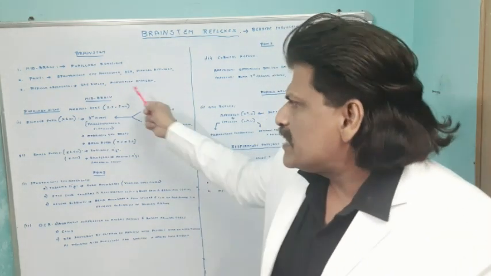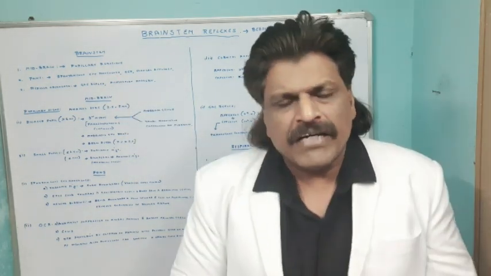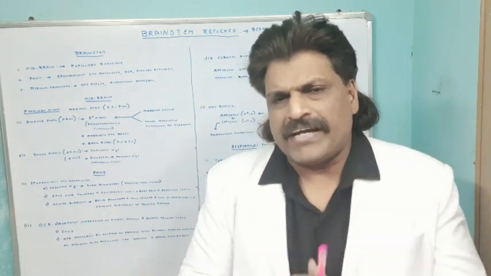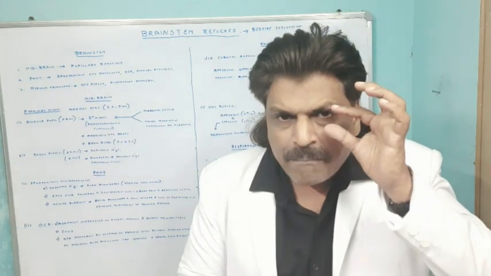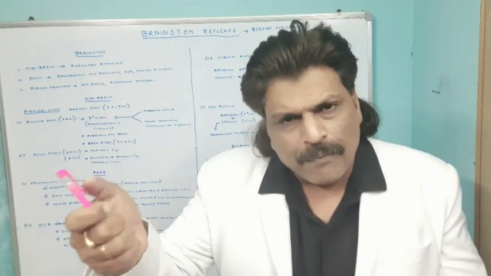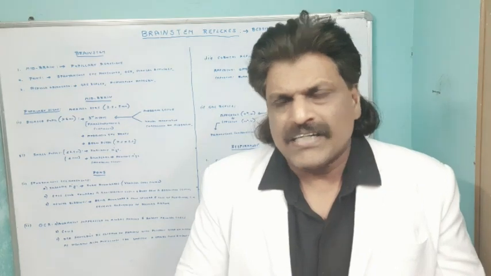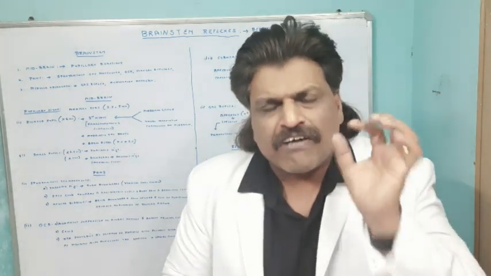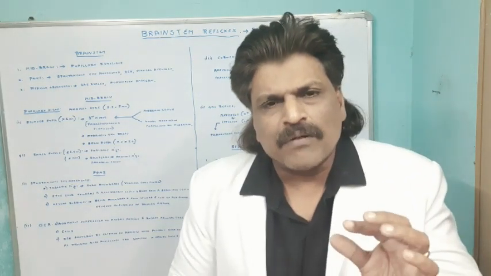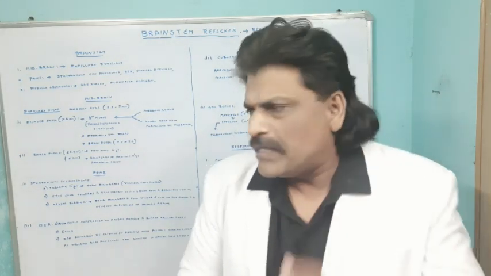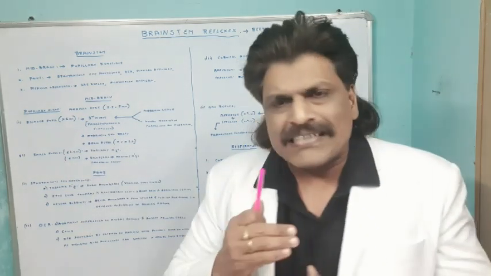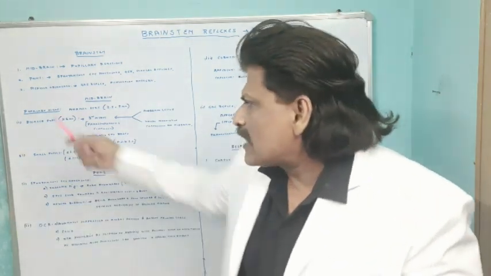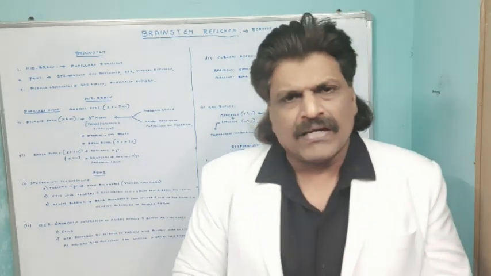So first we'll see the midbrain. We assess and evaluate the midbrain by looking at the pupillary size and the pupillary reaction to the light. Normally the pupillary size is 2.5 to 5 millimeters. If the pupil is dilated more than 5 to 6 millimeters, we call that a dilated pupil.